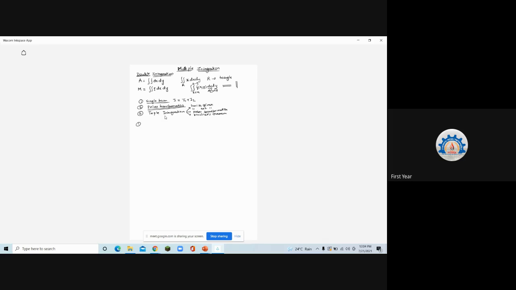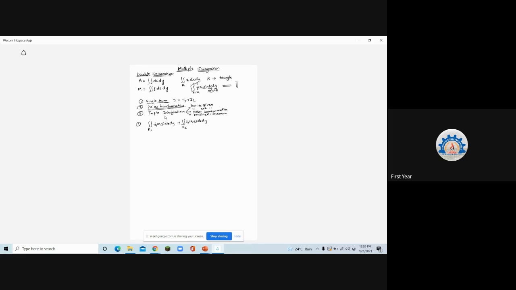What is actually happening here is you will be given the integration like this: double integration f1 of x comma y dx dy plus double integration f2 of x comma y dx dy over some regions R1 and R2. They'll ask you to convert this to a single integration and then find the integral value. So let's directly take an example and see how we go about it. Please take down the question.